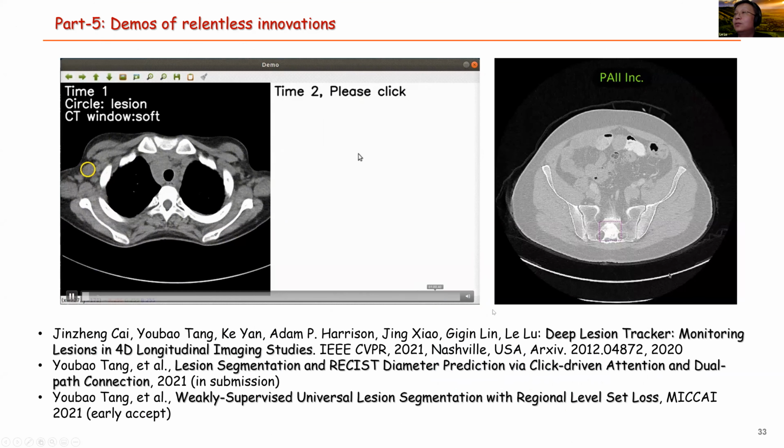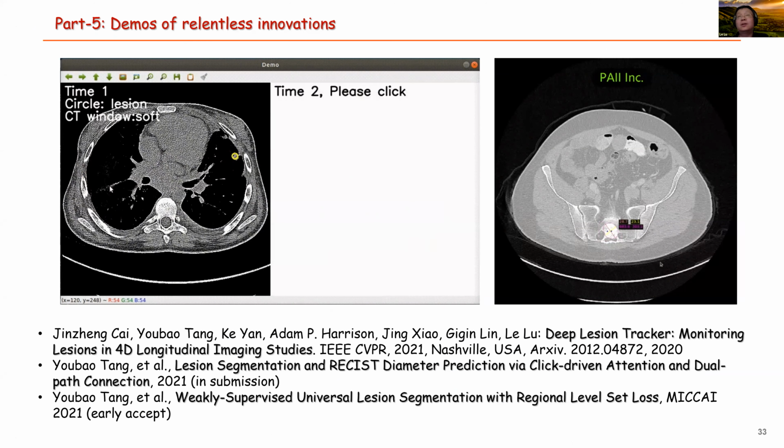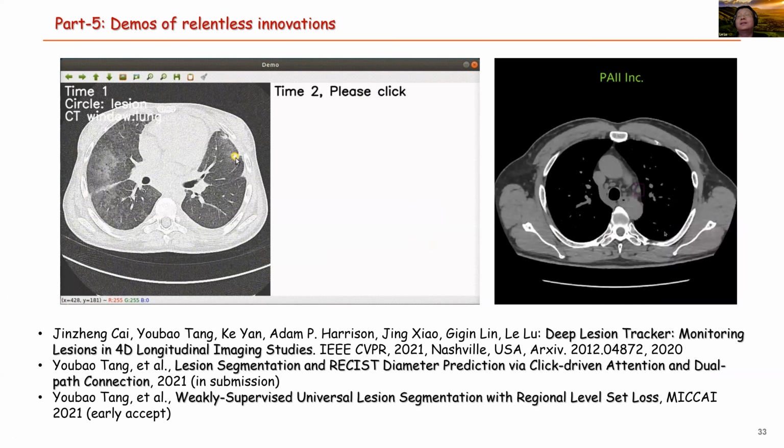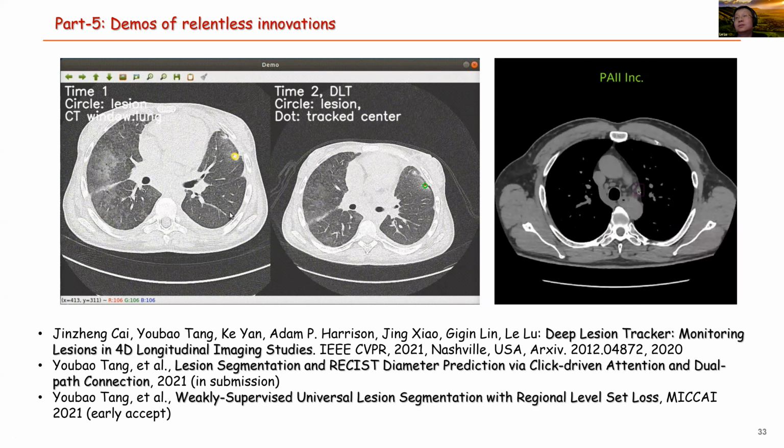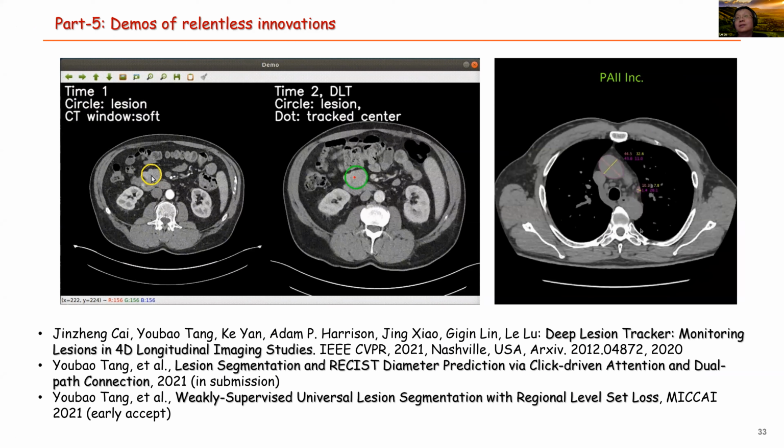I just played the video. You can have a look at the tumor monitoring. The tumor monitoring means the sizing and whether they are growing or not. You have to find the multi-time points of a certain tumor, and then you can compare visually, or you can compare them quantitatively. So the thing I talked about here is already in the process of commercialization.